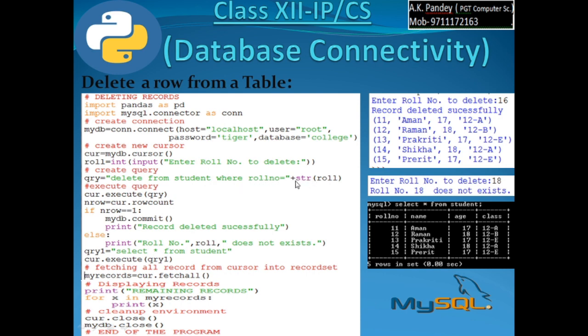So the first string is a string and roll number is numeric, that is why it is converted into a string, so that it can be concatenated using the plus operator. Now cur.execute, the query has been executed.